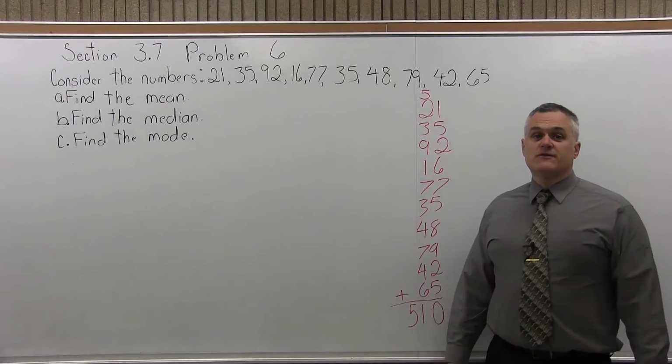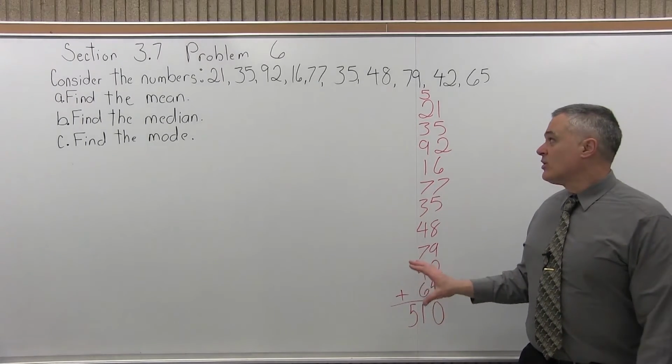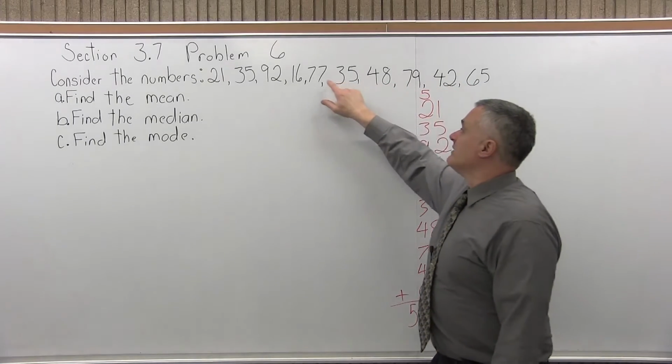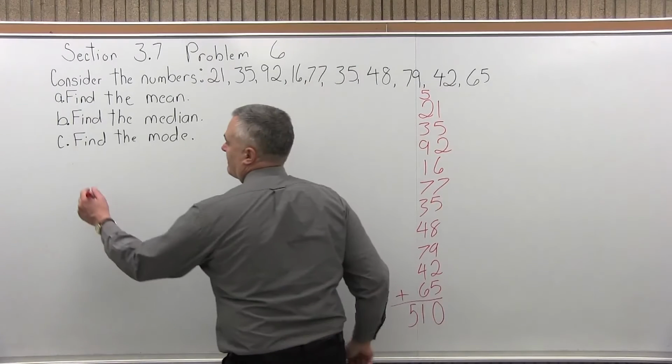So the total is 510. So for the mean, we want to divide that total by how many numbers are in the list. And we had 1, 2, 3, 4, 5, 6, 7, 8, 9, 10 numbers in the list. So we'll have